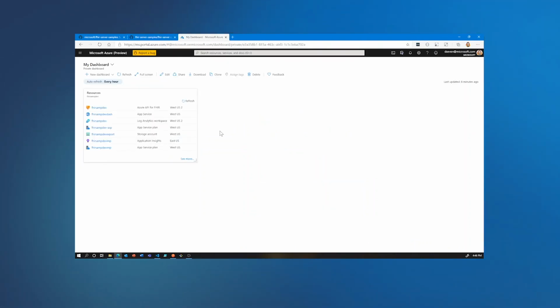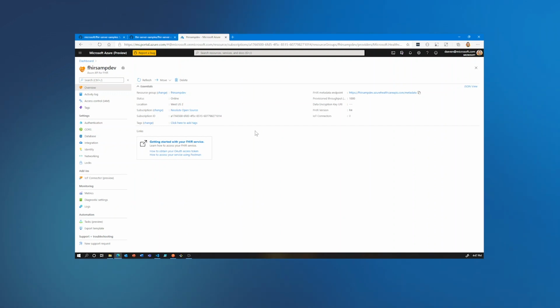Once you've run the deployment scripts, you'll see a number of resources show up in your Azure subscription. Here you can see the FHIR-SAMP dev. FHIR-SAMP dev was the environment name that we provided. This is an instance of the Azure API for FHIR. There's an app service, which is that FHIR dashboard that we'll look at in just a little bit, as well as a number of other resources for analytics, for import and export, and some of these other capabilities.